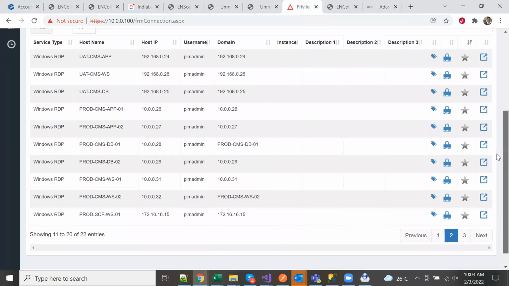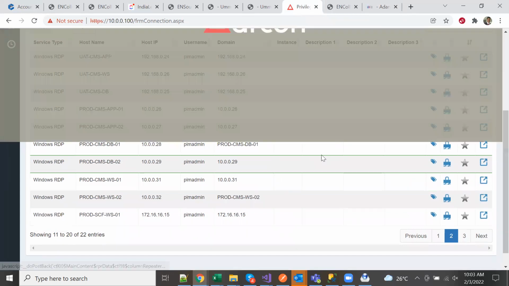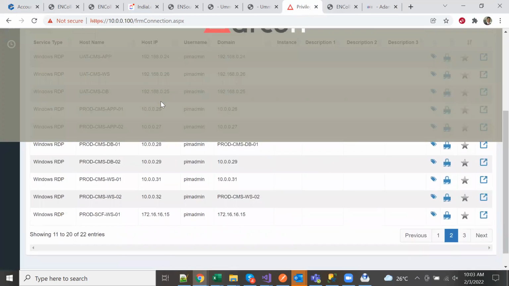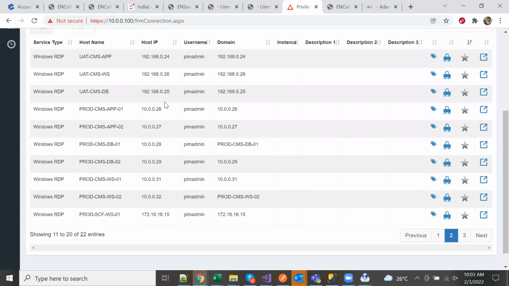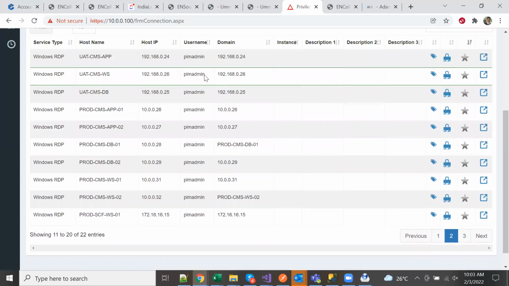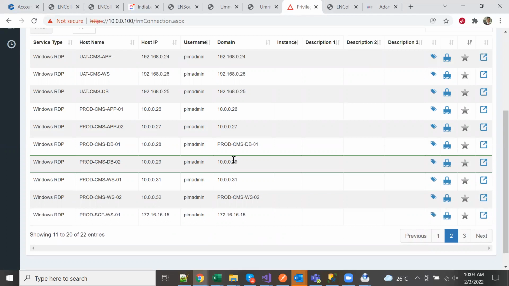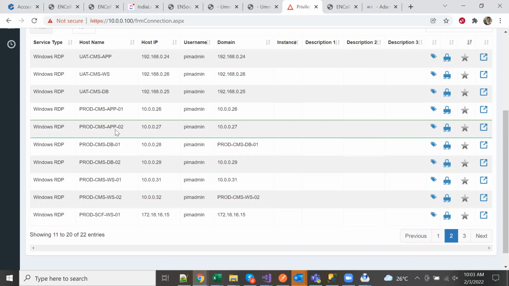Let me go into the website where we host the IIS. Sir, 26 server. 26 server. Yes. This one is it? No, 26 no, sir. Down one. Product CMS app 01. Up, sir. CMS app 01. Sorry.